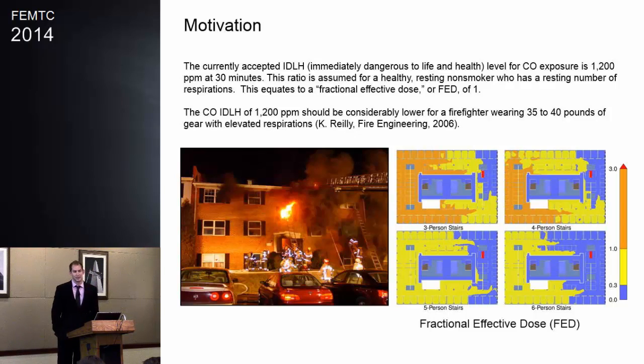Here specifically, we looked at CO, CO2, and O2 deprivation. And we looked at different crew sizes and how they might respond to a high-rise fire. The more orange, the worse things are. One of the things we did in this simulation was use a constant CO yield. That's typical of what most people do in FDS modeling. While that's not necessarily the best in terms of predicting the actual yields when these fires go under-ventilated,